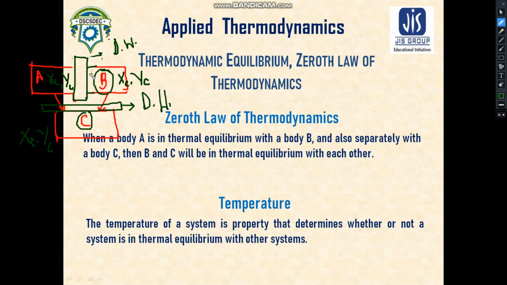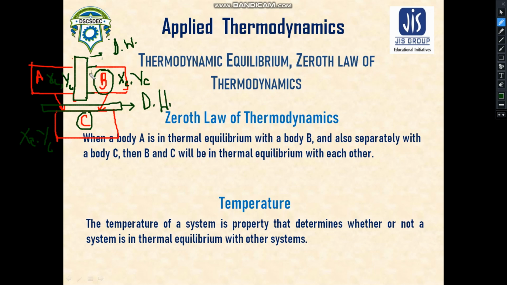Now it is quite easily understandable to you that as both the systems have the same exact properties, they are in thermodynamic equilibrium. They are in thermal equilibrium with each other. Okay, is it